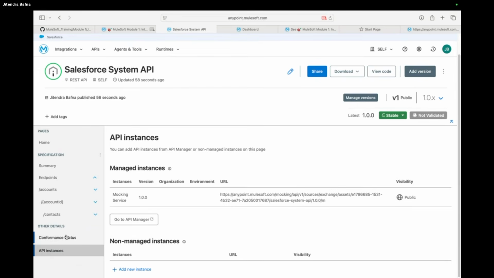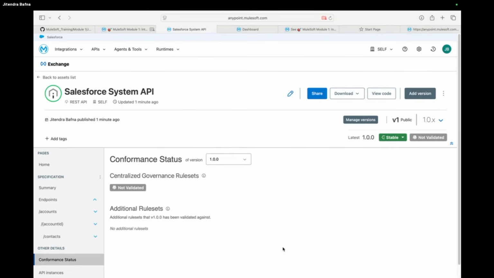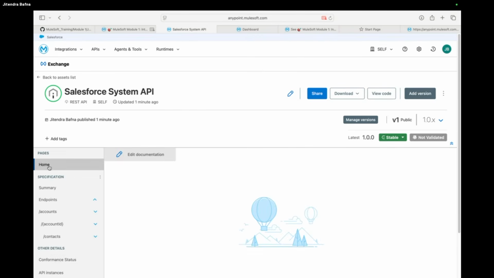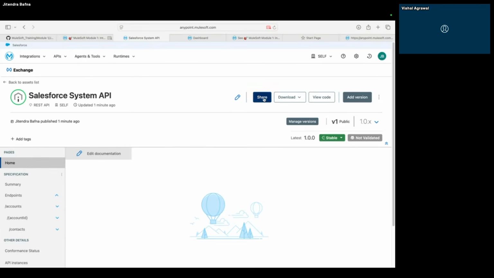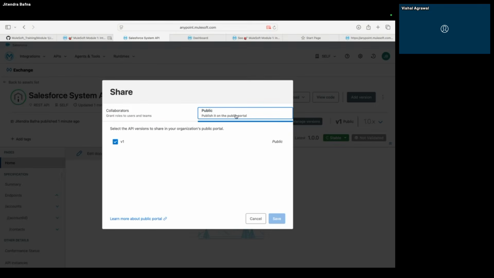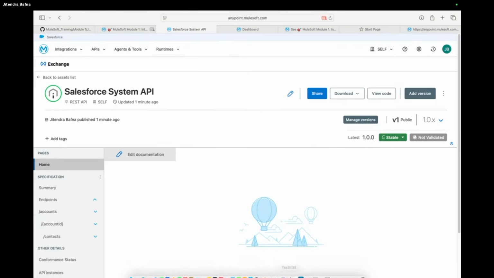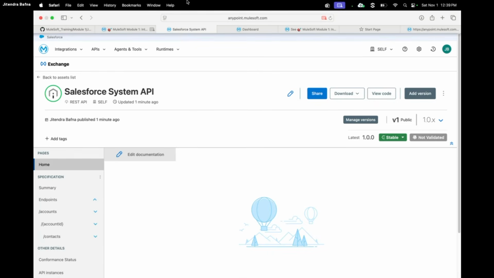Once we have done this, what will be the next step? I think everybody has mentioned it's all good. What will be the next step? You have to map it to the actual Salesforce or get the actual data. So the next step is that we have Anypoint Studio, and we are going to consume the API in Anypoint Studio. So we will hold for today.